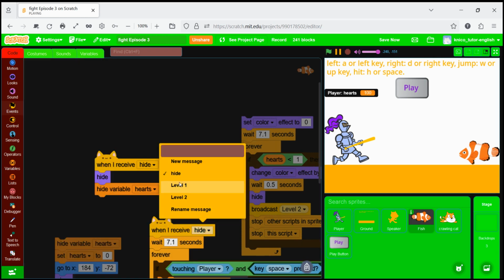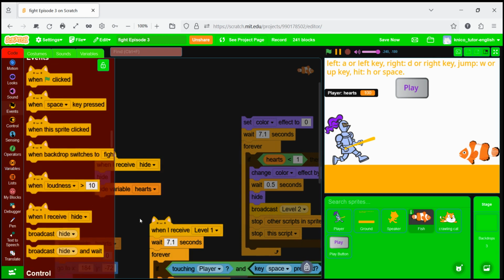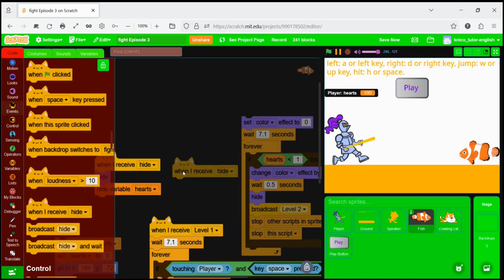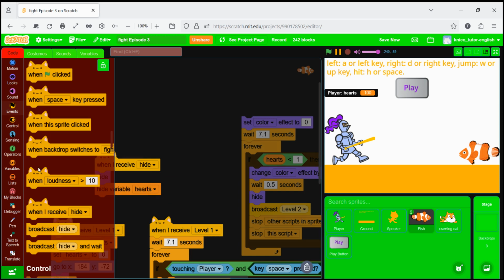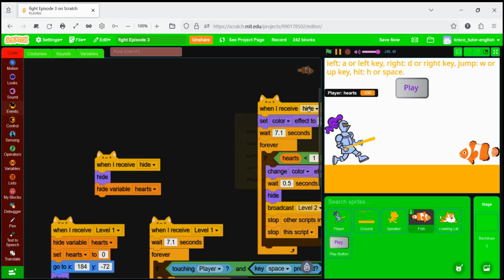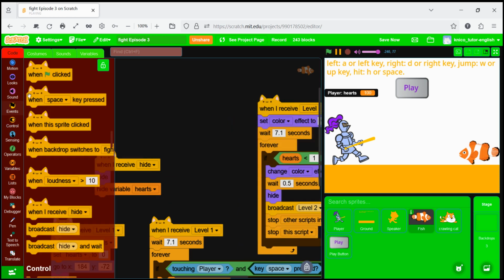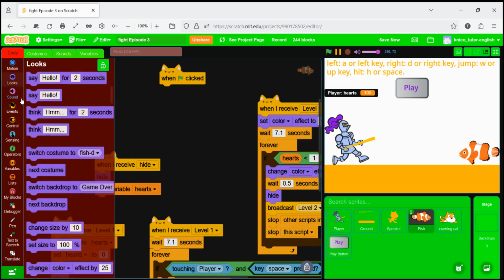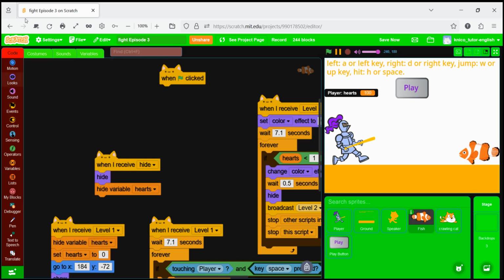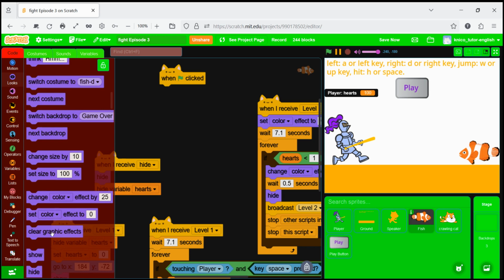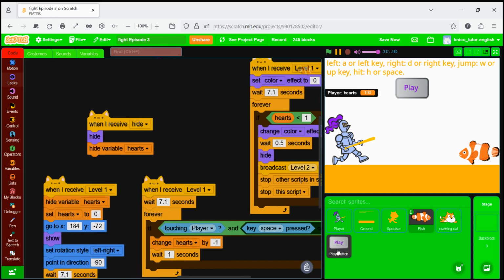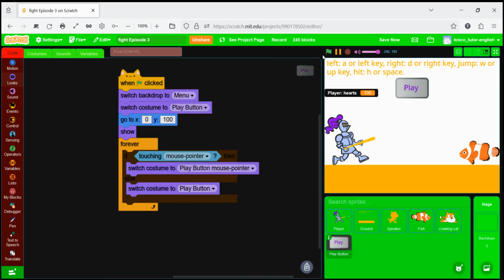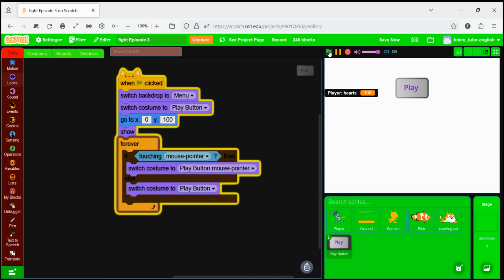Instead, we again have 3 when I receive level 1 scripts. And when green flag clicked, hide. So,